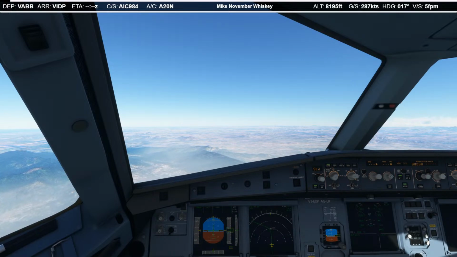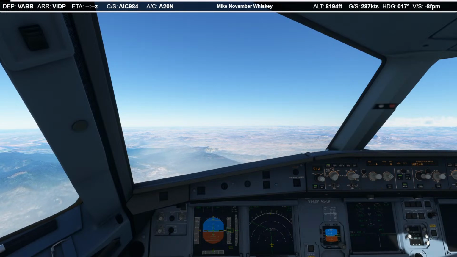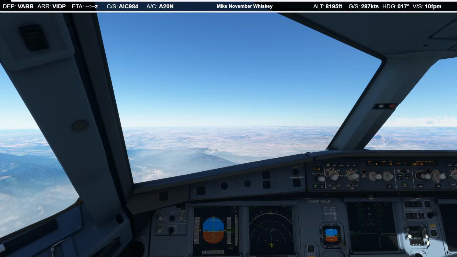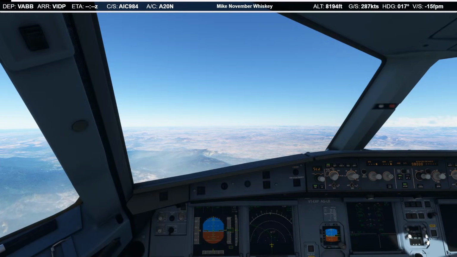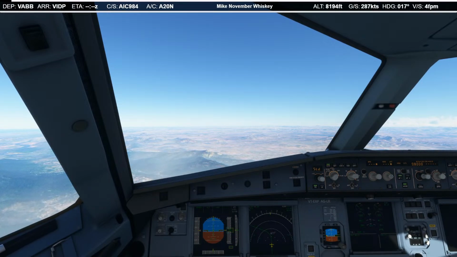Oh, he's also heading to Delhi. So depending on how quickly he can get to the runway, he'll be behind us. Oh, and we have ATC at Delhi tonight. Oh, goodness gracious. We're getting lucky.